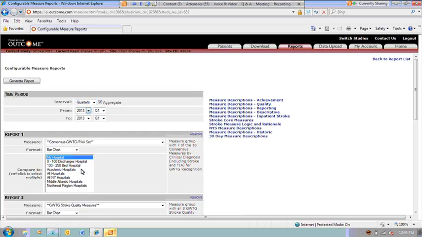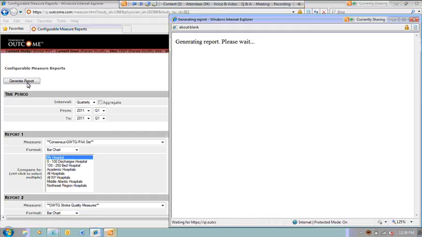And again, I'm doing 2011 because that's the year for which I have data to look at. We don't actually need to aggregate this because we're doing it quarterly. That's the smallest grouping that it's going to give us, and generate that report.